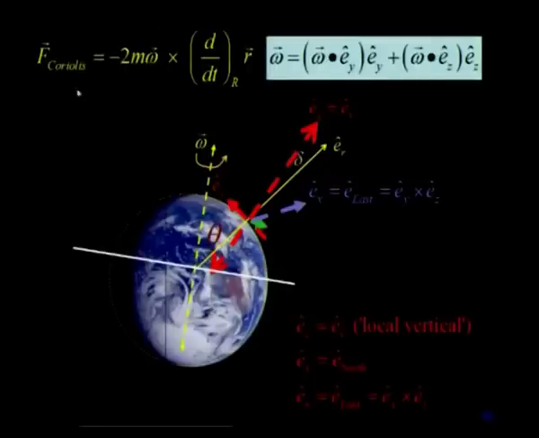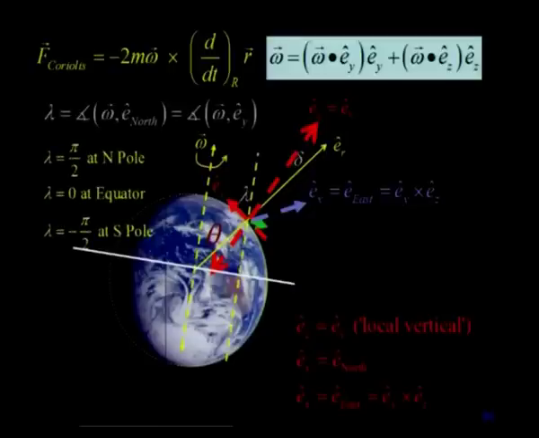This is the picture that you get, and this is the Coriolis term that you need to investigate. Omega, as you see in this frame of reference, will be in the plane of Ey and Ez, it will have no component along what you have now defined to be the east. This angle delta is rather small, this is coming because of the centrifugal term omega cross r. By and large you are going to ignore this